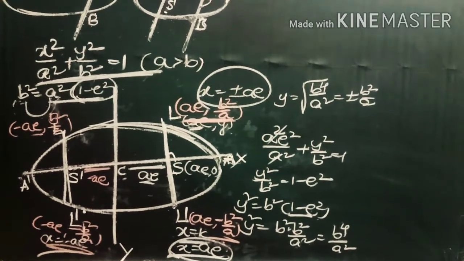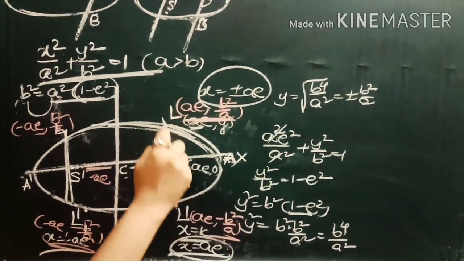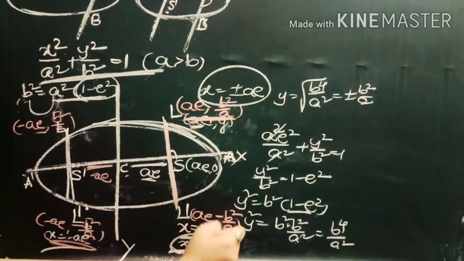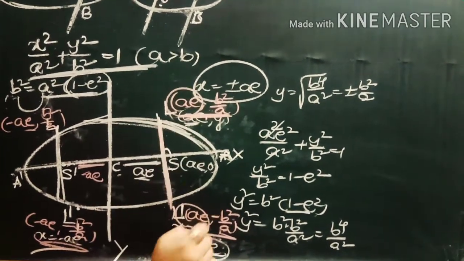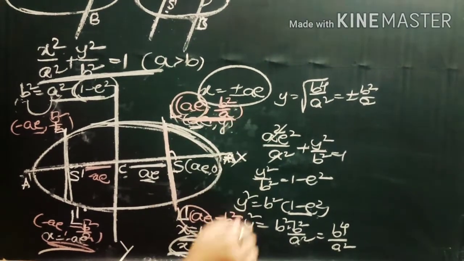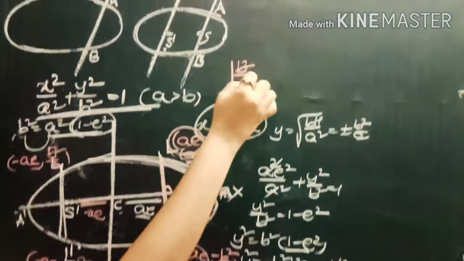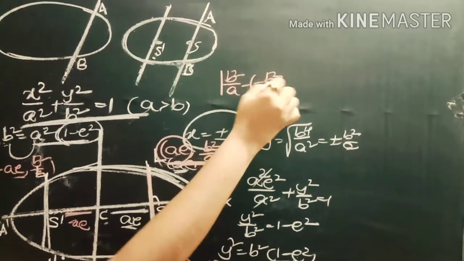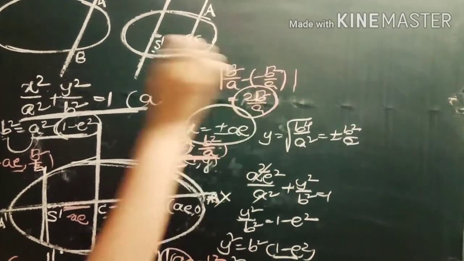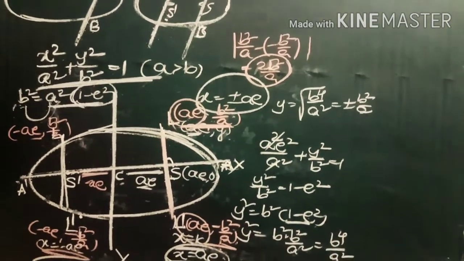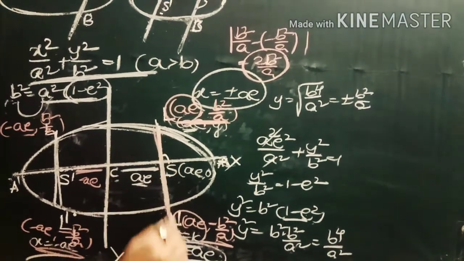Now the last concept, length of the lattice rectum. Length of the lattice rectum means simply we take the distance between these 2 points. Here the x coordinates are equal, so simply we take the difference between the y coordinates, that is equal to b square by a minus of minus b square by a, which is equal to 2b square by a. Therefore, the length of the lattice rectum is equal to 2b square by a,